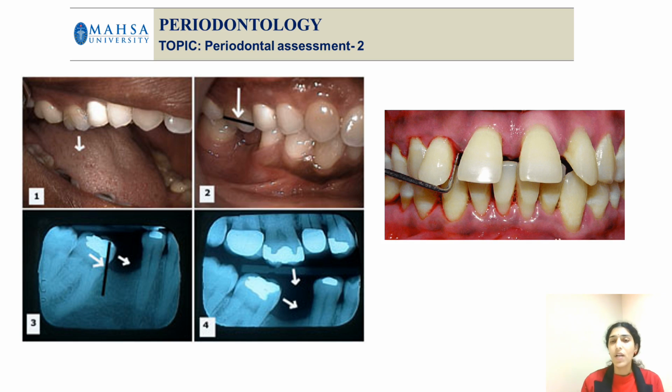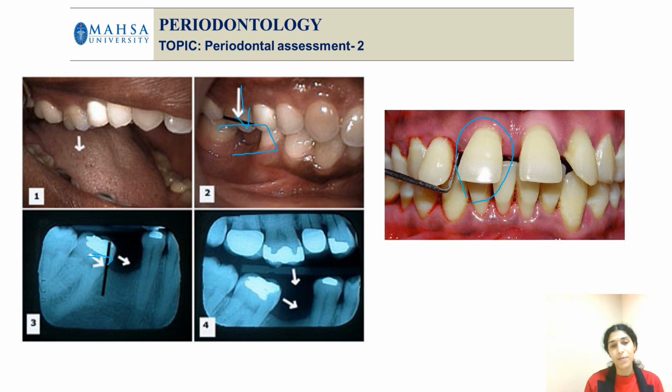As an example of pathologic tooth migration, you can see here in this picture the teeth are flaring away distally and labially. So this is a classic example of distolabial flaring, or pathologic tooth migration. Another example here is a missing tooth, and the missing tooth is causing supra-eruption of the upper molar, and the adjacent molar is also drifting into this space. You see, as I told you, there are two problems.